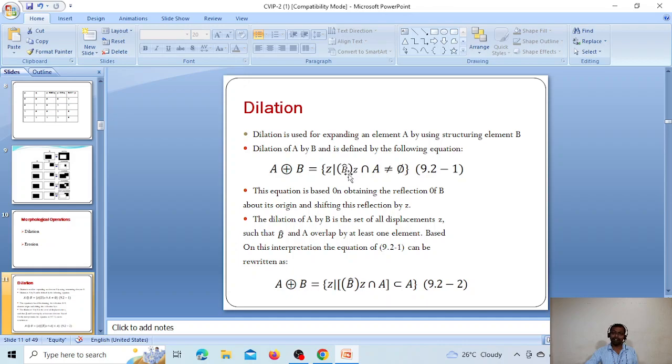Then the result is intersected with A, and if the total result is not empty, we perform the dilation operation. This is the equation for the dilation operation.